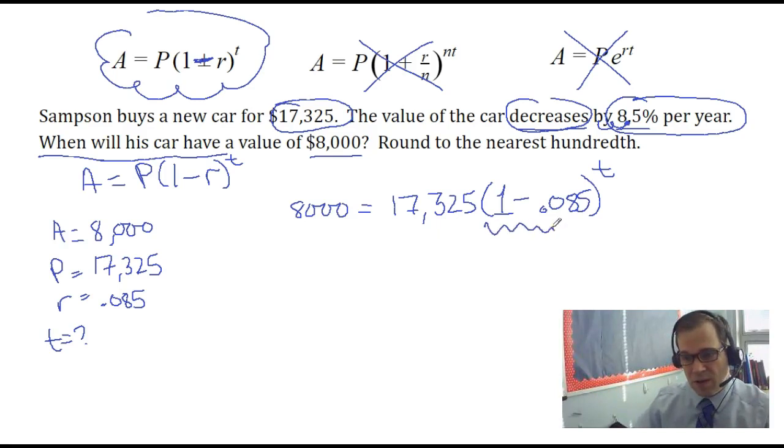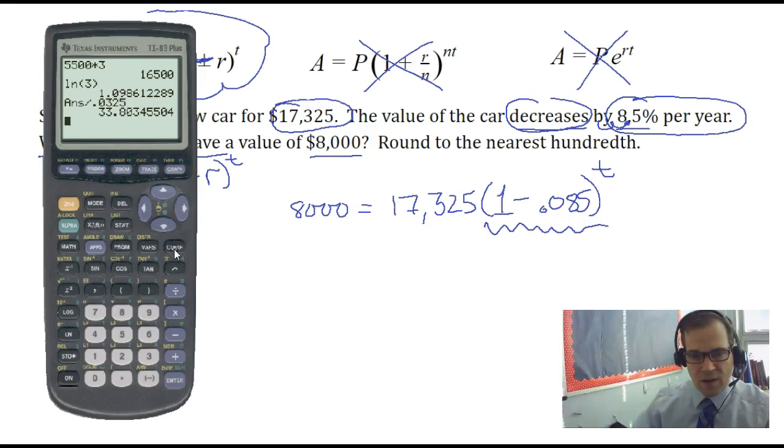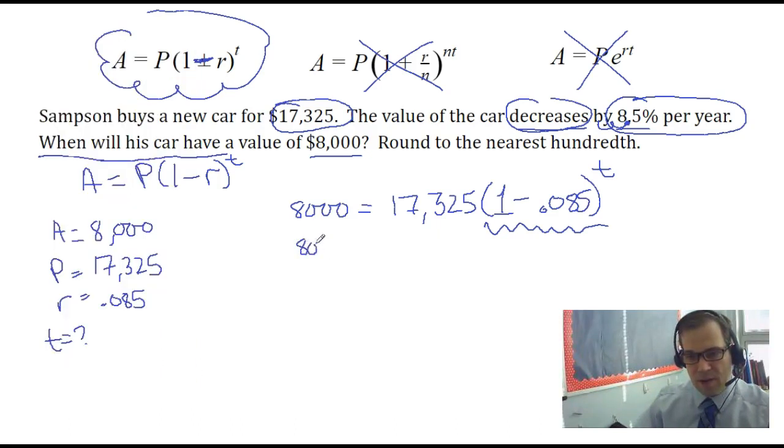This is a calculation I could definitely figure out, 1 minus 0.085. I'll use my calculator for that. 1 minus 0.085. So we have a 0.915. So leave this guy alone. Leave this guy alone. And then this, oh, I just forgot the number. 0.915